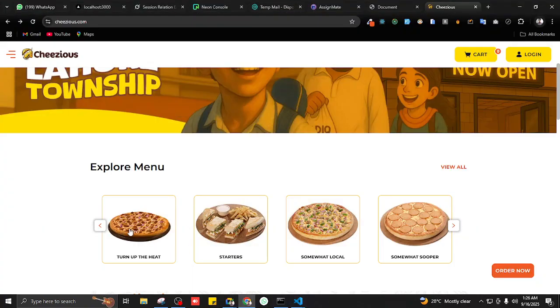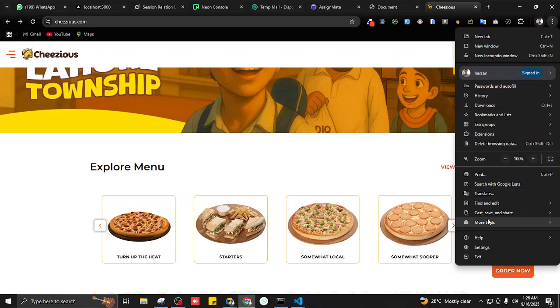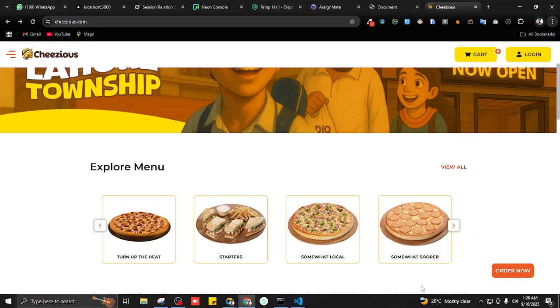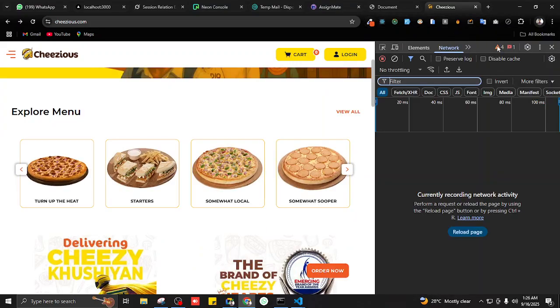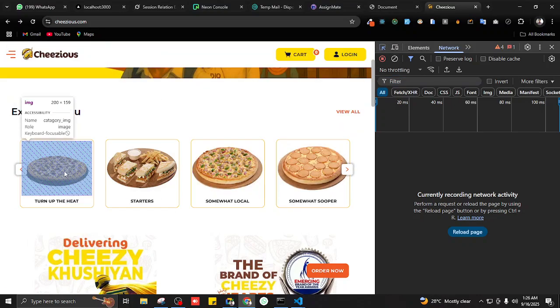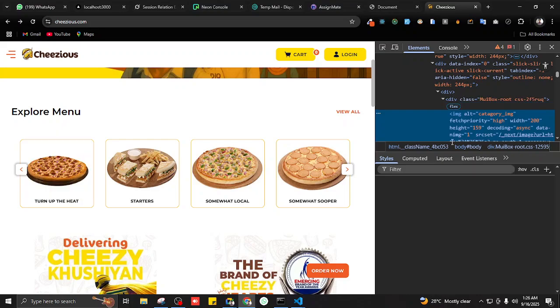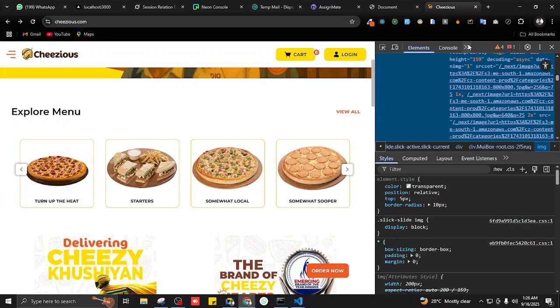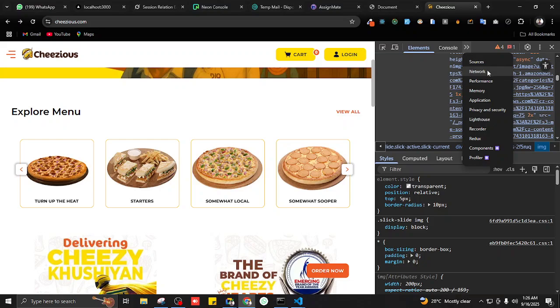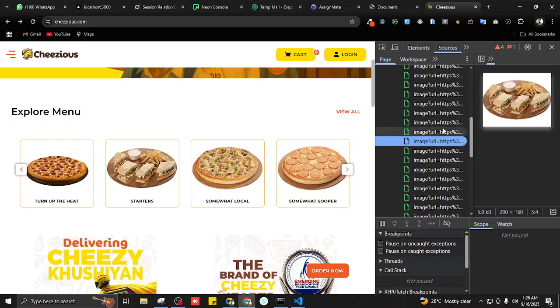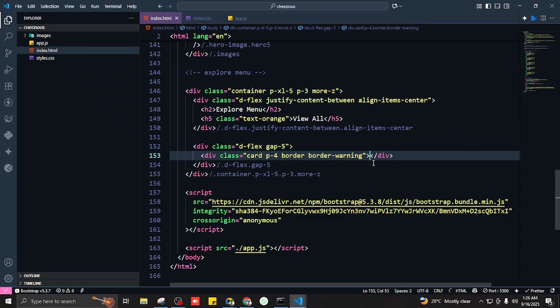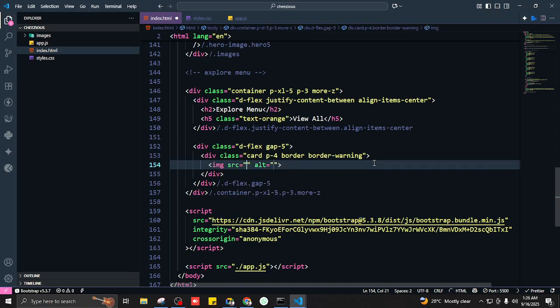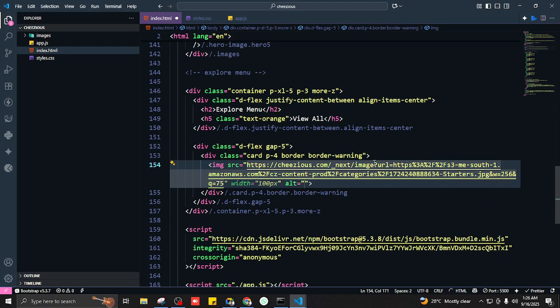So inside this we have an image. I can't select it like this. So more tools, developer tools. Let's target this image. No, we can't take it out like this. We have to go to sources, and yeah, so right click, copy image URL, and inside the card we're gonna have a tag of image, paste it, and let's give it a width of maybe, let's say,